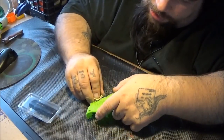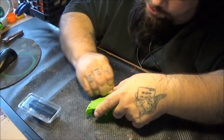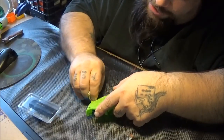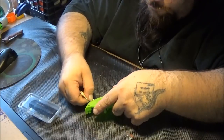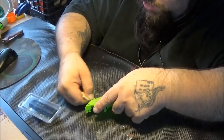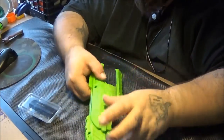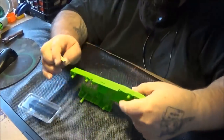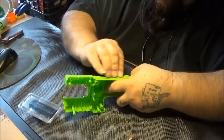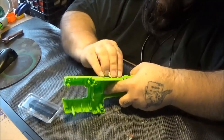The goal today is to get 2 blasters done and painted base black, provided I still have black paint, because I haven't checked to see if I even have the black Krylon or vinyl dye that I was going to use, and I kind of have to go pick it up then. I know I'm going to have to go pick up colors. I just don't want to have to do it today,